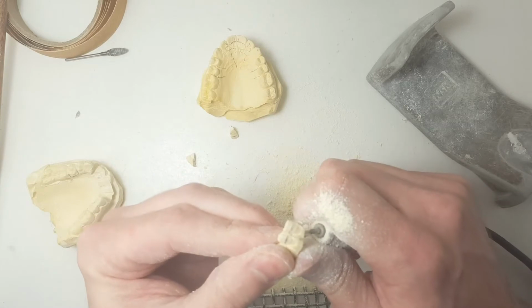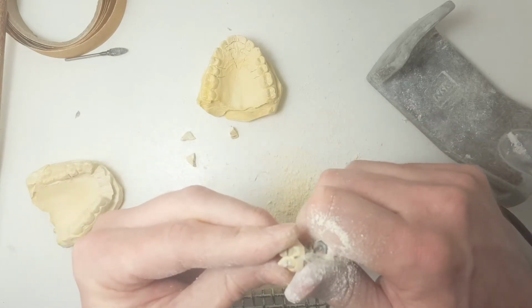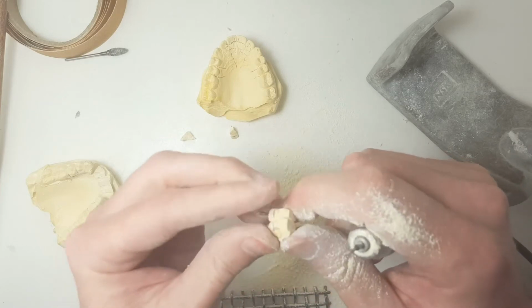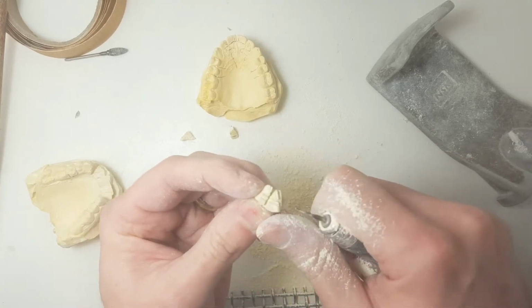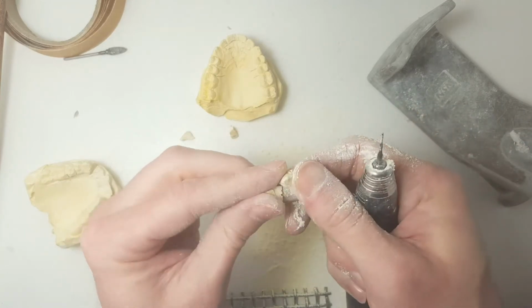There's so many ways to do this. There's people that do it with saws and things like that. Everybody's got their own method. I'm just showing you my method. And it's not perfect, but I like it. I made a little groove here for wax retention again. Probably not necessary, but...